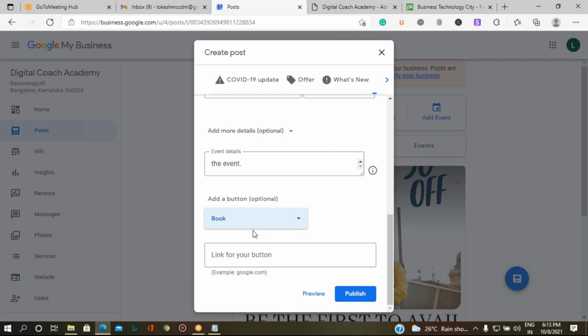But always try to use the opportunity to collect audience data. It will be very helpful as a marketer. So how do you collect that? You create one Google Form and link it to this particular post.